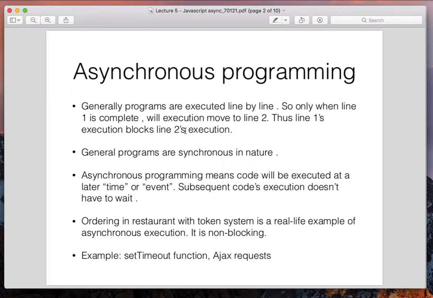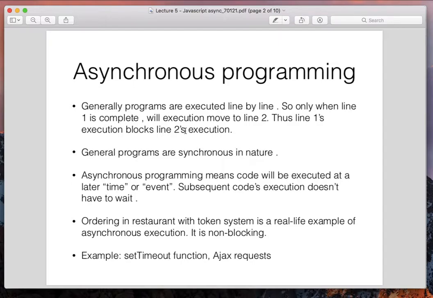General programming, what you would have done till now, would be synchronous in nature, unless you are an experienced programmer. In the general programming that we write, we assume that line 1 will be executed and then line 2. But the asynchronous nature of programming is a bit different. Here, line 1 might be executed after line 2, right?